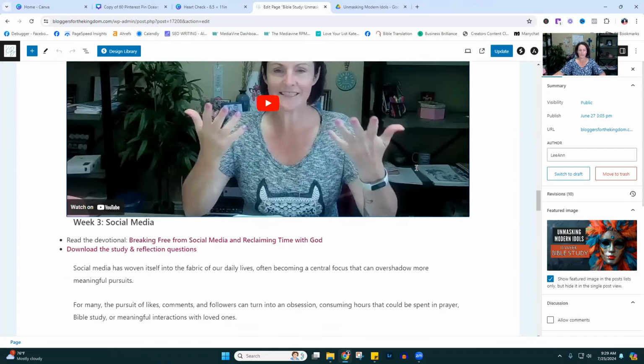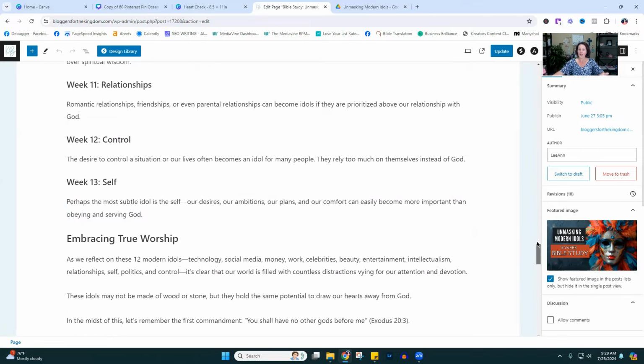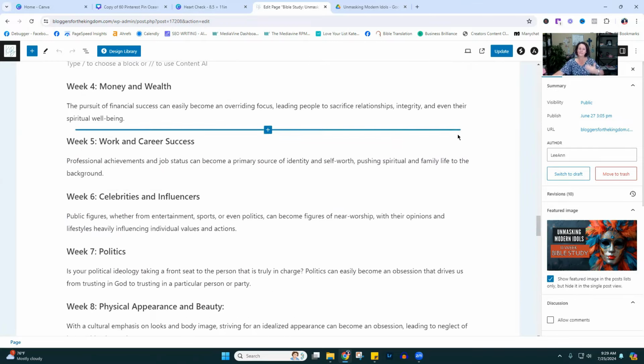And so again, week 3, we're actually on week 3 right now. And so I will be doing that for all of these. And then once all the content is created, at the end of these 13 weeks, we are going to have a completed study that I can then, just like I did for the previous one, the heart check, create a pretty cover page and then a sheet that has the link to go to this particular page itself. And if I want to include links for the weekly study questions that they can just download right there, whatever it is. So in essence, what they get when they download,